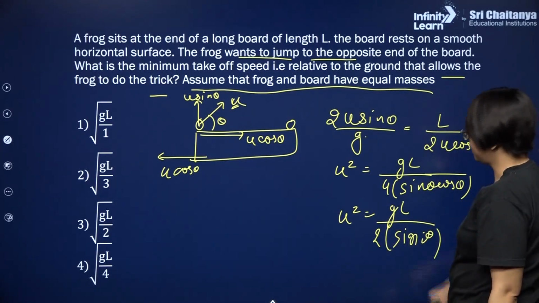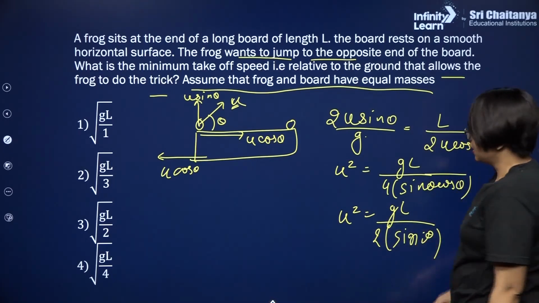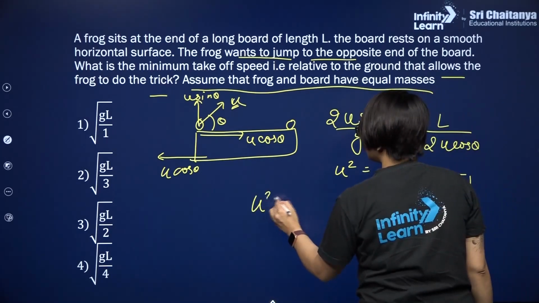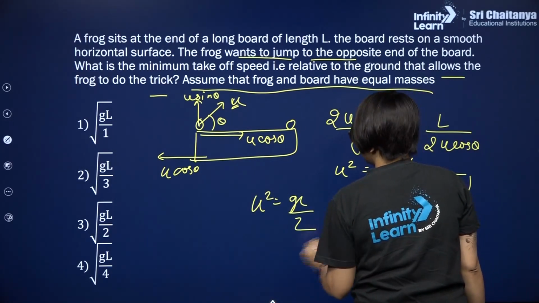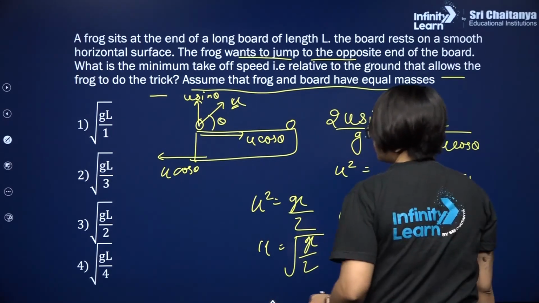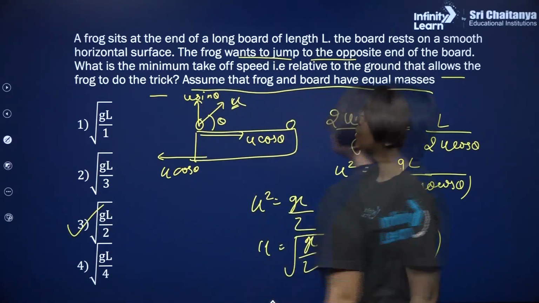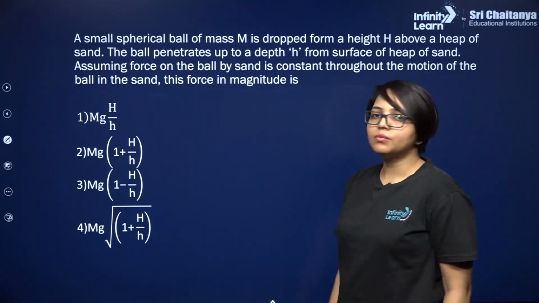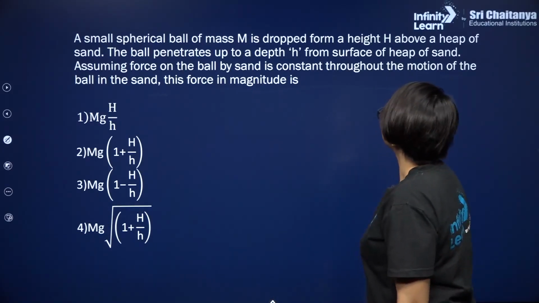Now we want minimum, so sin 2 theta should be maximum. So it will be 1. So u square will be gL divided by 2 and u will be under root of gL divided by 2, which is option 3. Next is this question: a small spherical ball of mass m is dropped from a height